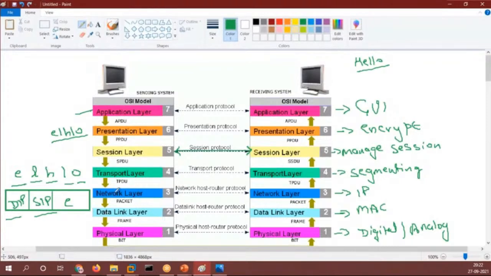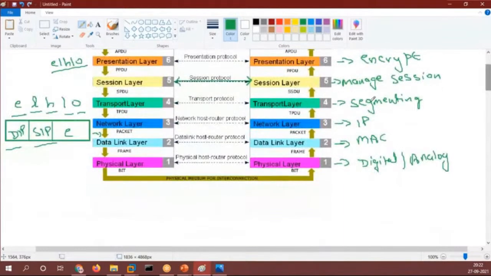Now after that, this whole thing will arrive at the data link layer. Now at the data link layer, what will happen, guys? At your data link layer, your data will look something like this. Let me draw it over here.